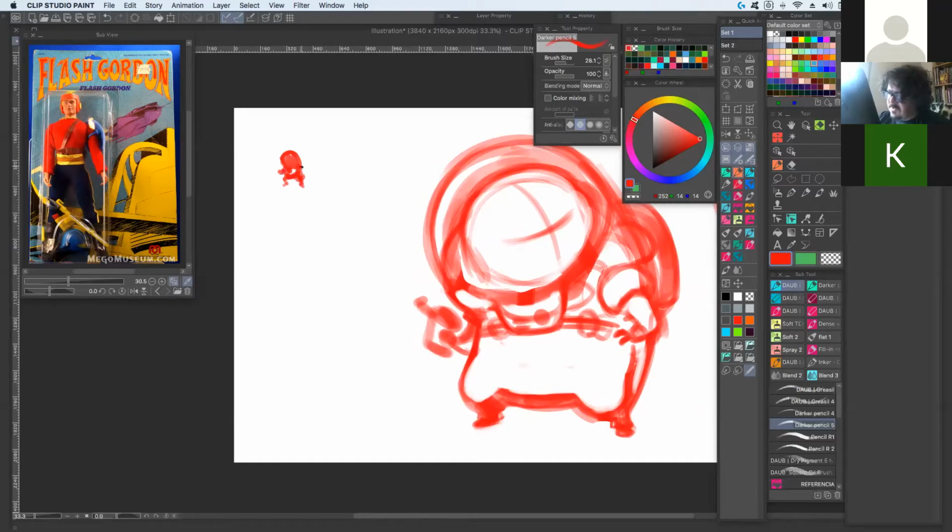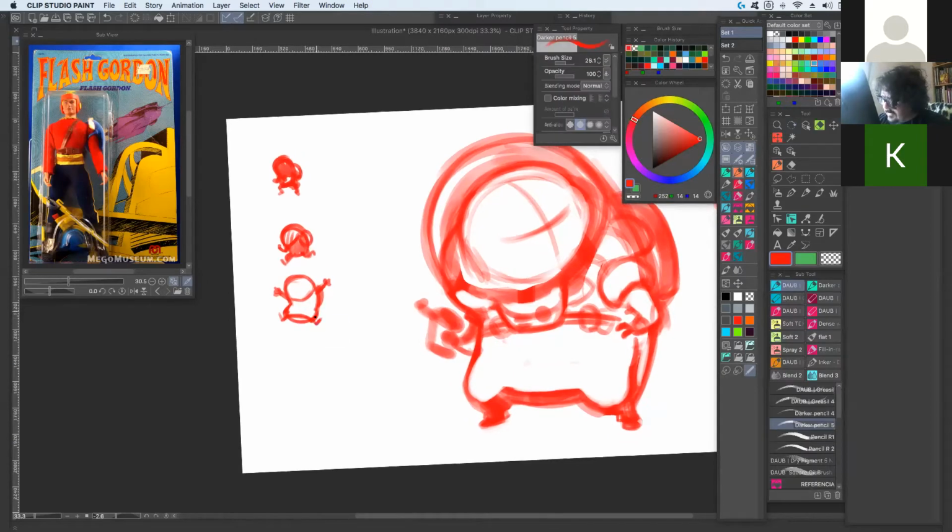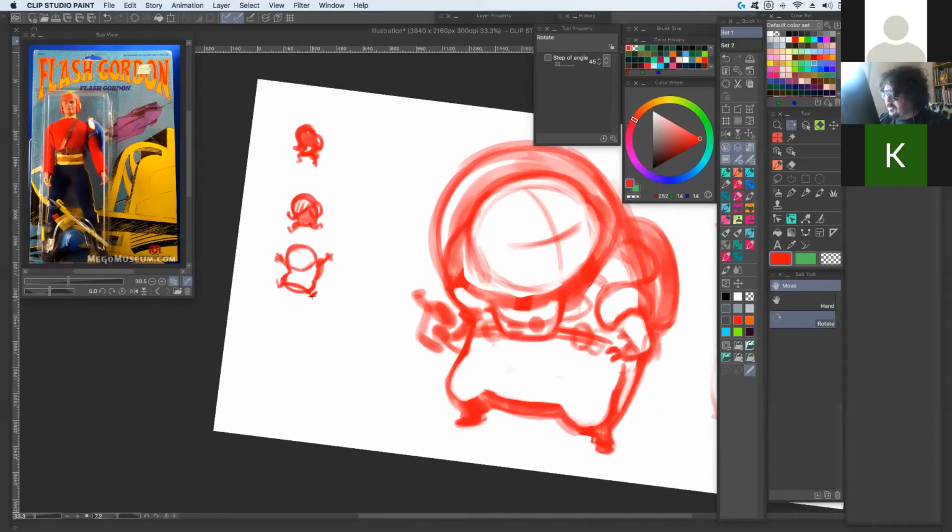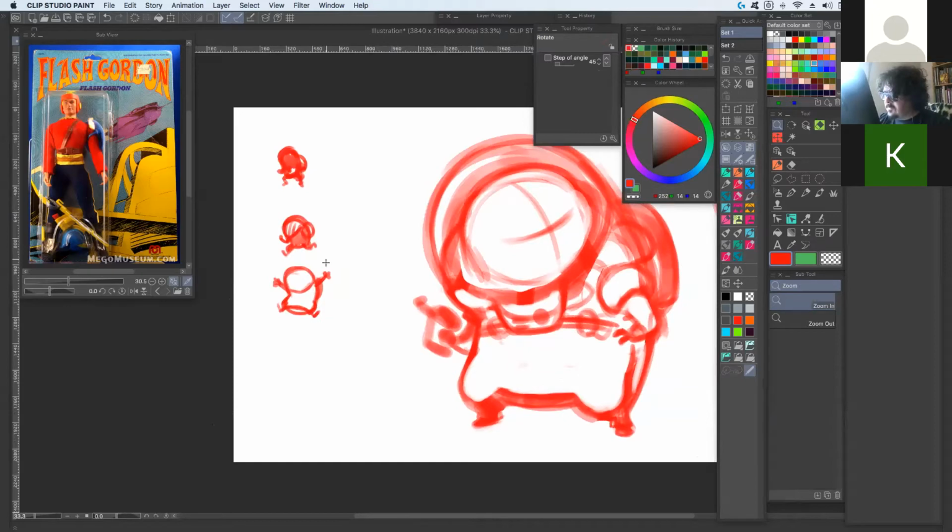But here, maybe I'm making this really, really sketchy. You can make a lot of poses, for example, if you need the character to be running. When I need to make a more studied pose, I make a lot of these. And when I like a pose, I just